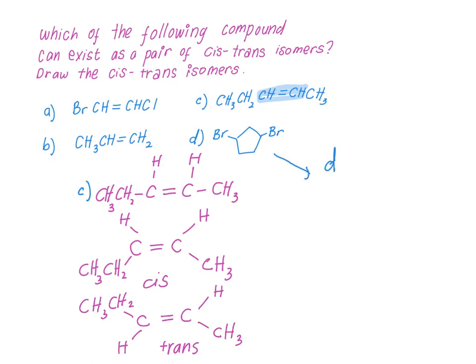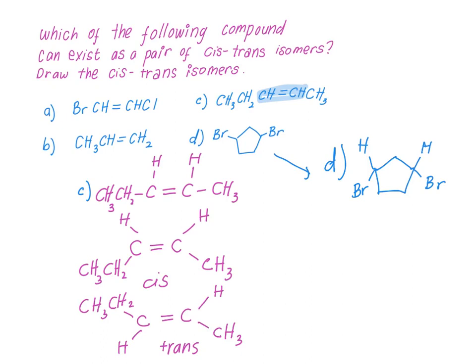Okay, for structure D, basically this structure, carbon here is bonded to H and another bonding is Br. Another bond is here, should be H, and here should be Br. So if you read on the requirement for cis trans isomers, it can not only occur on a double bond, but can also apply to cycloalkane. So in this case, structure D can form cis trans isomers, but how am I going to draw the cis and